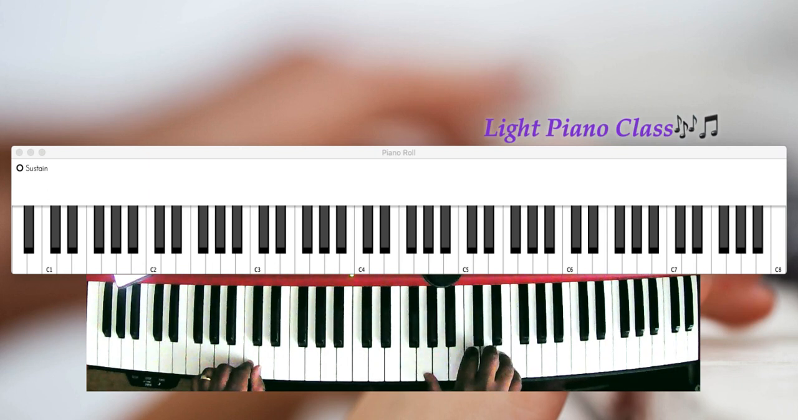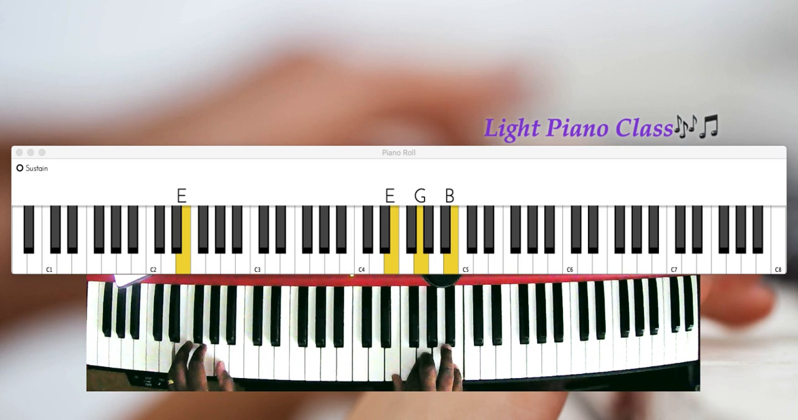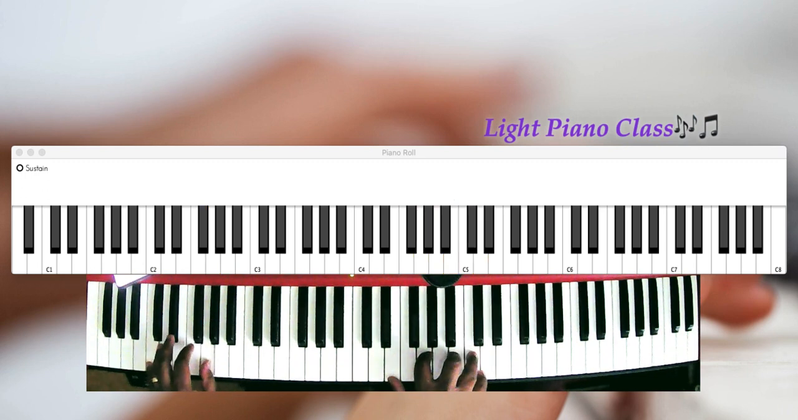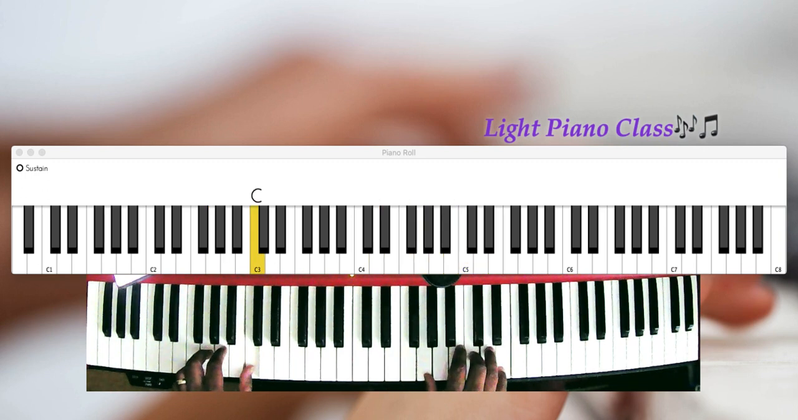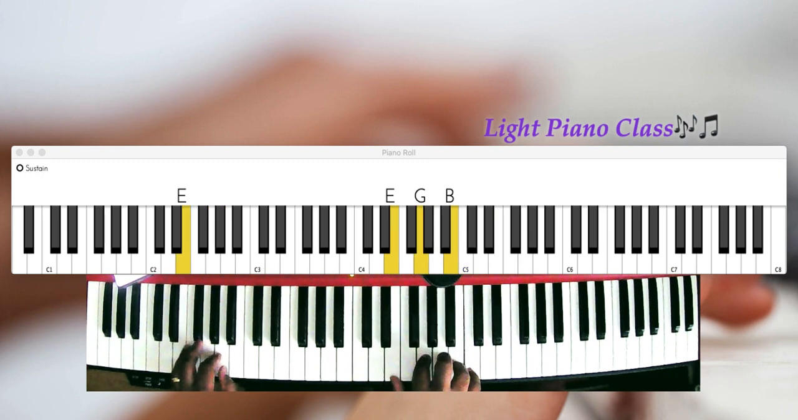So this is how it starts. Jesus, Lamb of God, worthy is your name. And it repeats again. Jesus, Lamb of God, worthy